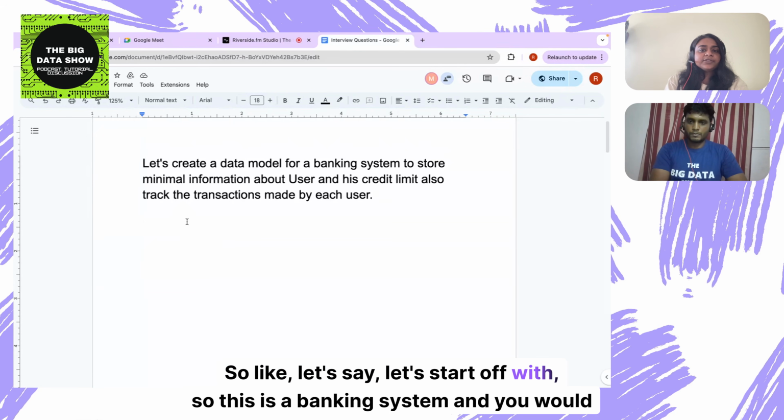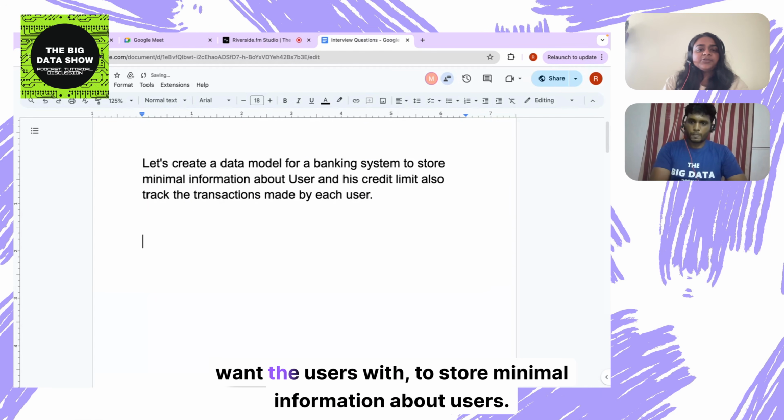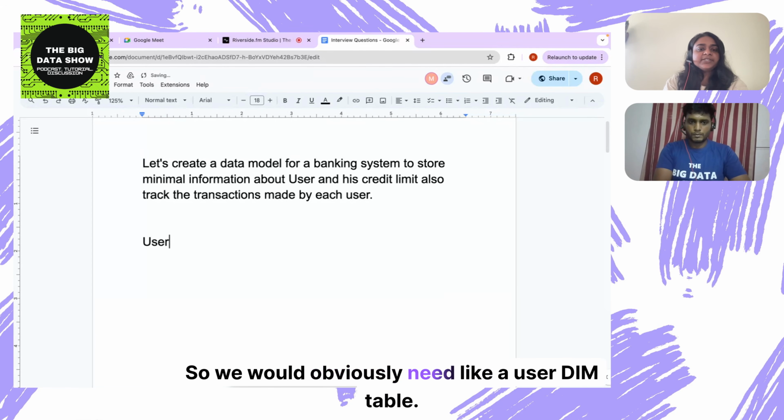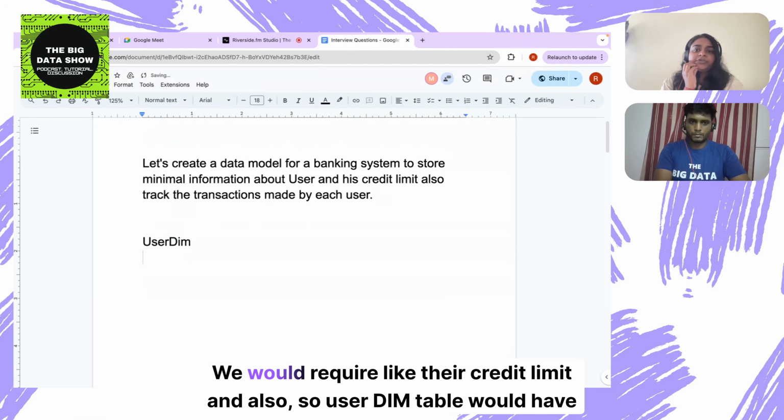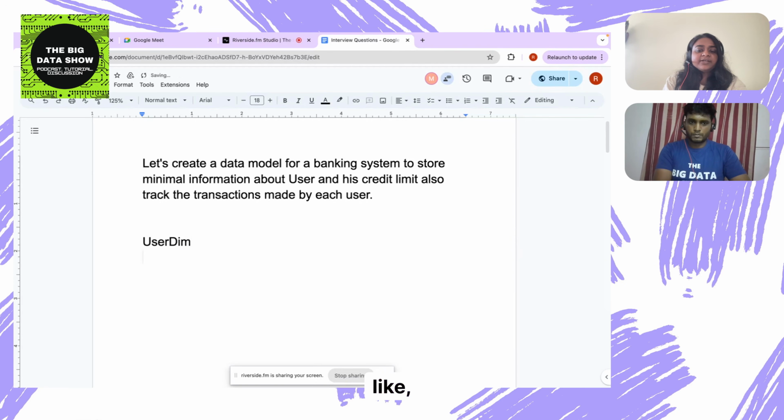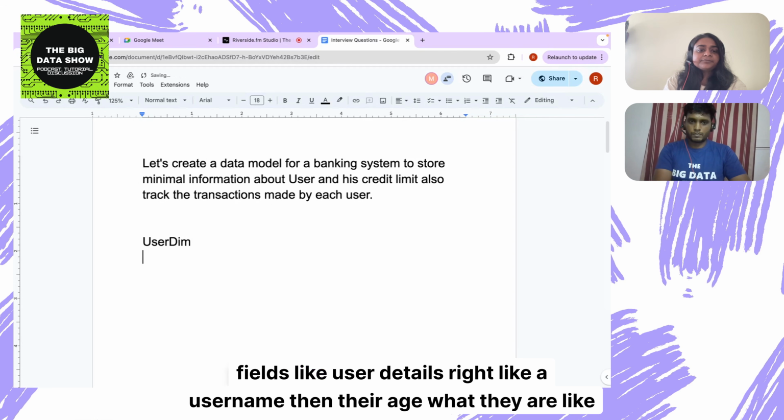So let's start off with this banking system, where you would want to store minimal information about users. So we would obviously need a user dim table. We would require their credit limit, and the user dim table would have fields like user details, like a username,